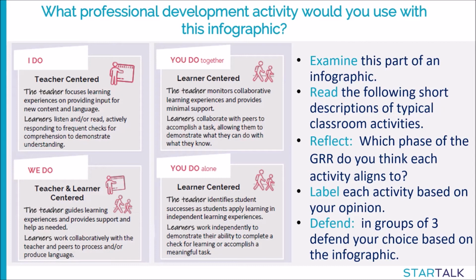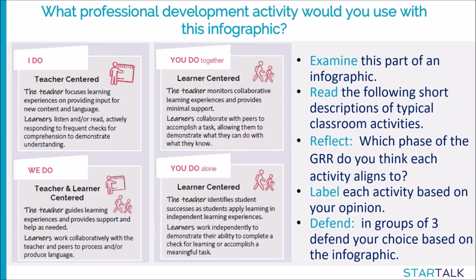and then the next step, after they examine this part of the infographic, the instructor would collect or have collected maybe 6, 7, 8, maybe 10 short descriptions of typical classroom activities. And I would ask them to look at this piece of the infographic, look at the list of classroom activities I've given you, and reflect on these phases of the GRR and label each activity based on your opinion. So again, done individually. Again, this is acquire,